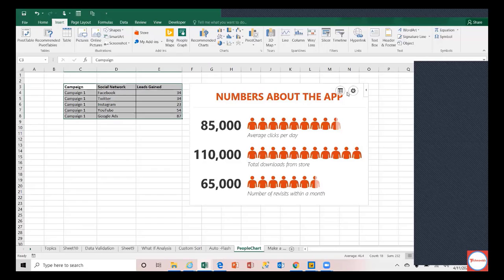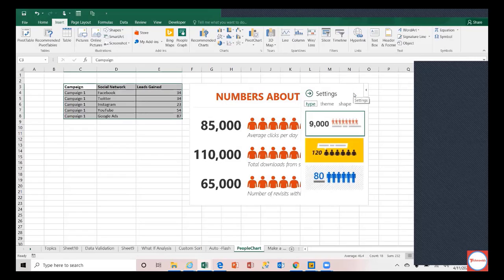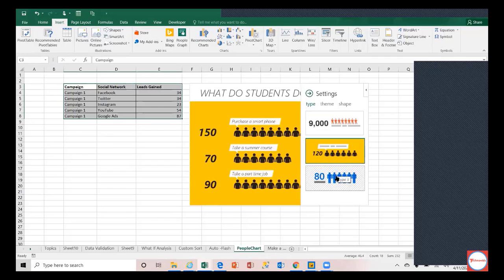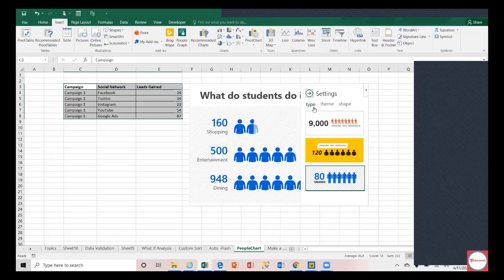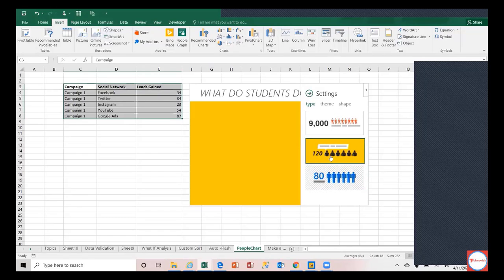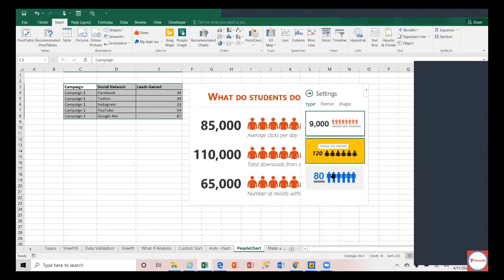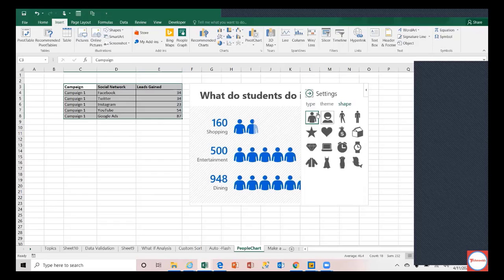So what I have to do is go to the settings here. First, let me go to the settings. I have a lot of options. Now you can recollect, if you're a Times reader, you will definitely have noticed this. I have to select one of the types here, one of the types like this. This is the people graph, which is why they call it that, but it's not limited to people. They have some other shapes also available like this.